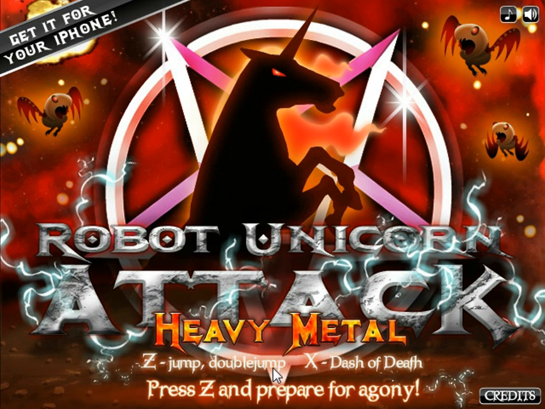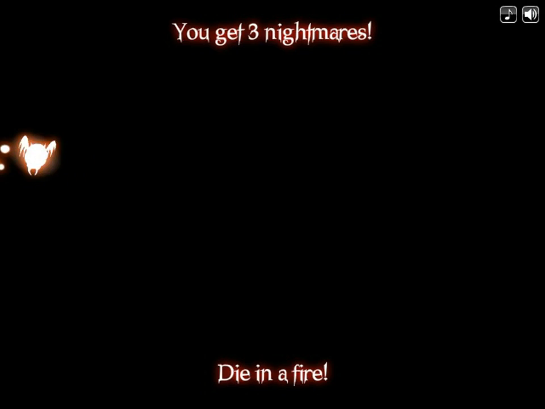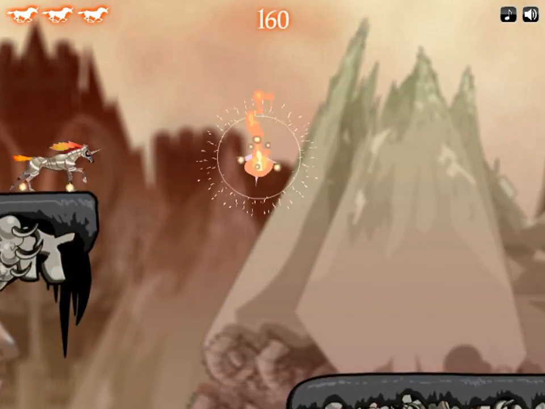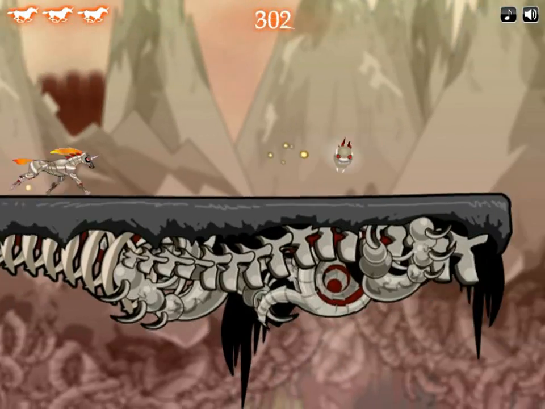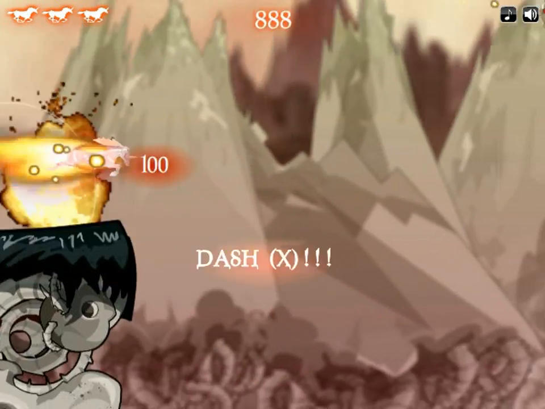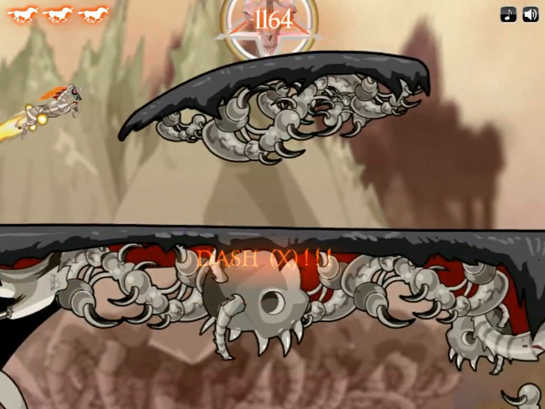So it's Z to jump and double jump, and X to dash of death. You'll see exactly what that is now. So it's a very simple 2-button game. You've just got to try and survive for as long as you possibly can. You grab these little butterflies, which I think every time you...